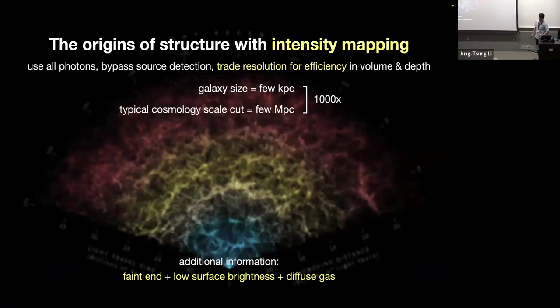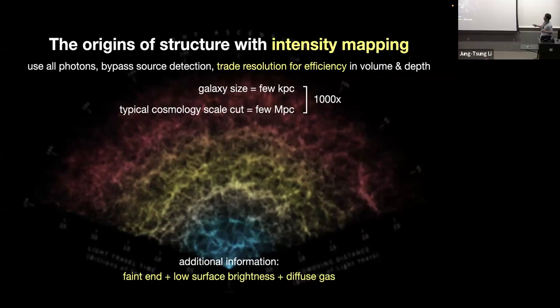What I got interested in recently, and also the topic of this talk, is an alternative way to probe the 3D distribution of the universe using a new technique called intensity mapping. Intensity mapping is a slightly fuzzier way to map out the distribution of matter in the universe. The key idea is that, as opposed to counting galaxies one by one, why don't we just collect a bunch of photons and use all photons and analyze the aggregated radiation as an intensity field? This way you bypass the requirement of source detection.